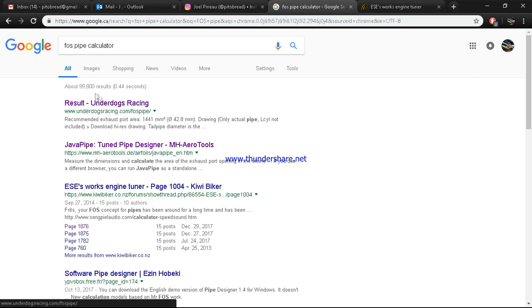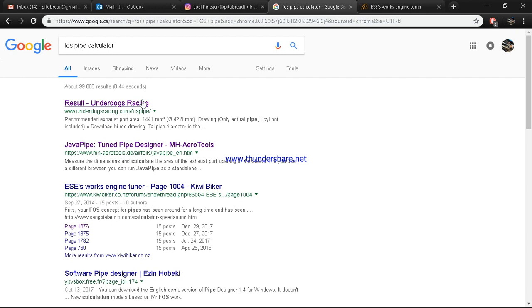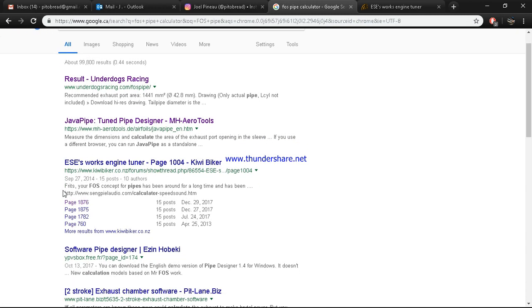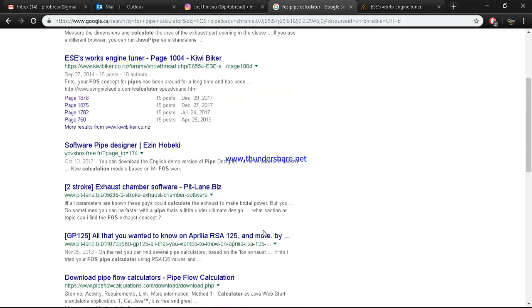So this actually uses a bunch of old dated information to do the calculations, and Fritz in that ESE thread has actually mentioned it, saying that it's not correct. I mean, it'll spit you out a pipe that's kind of close, I guess, but it's not the correct information. So I would only use the one. I'll provide a link to the spreadsheet down at the bottom in the description, and download that one and